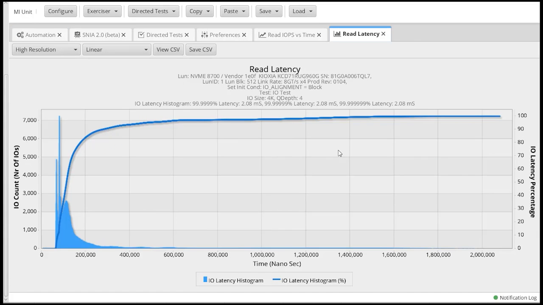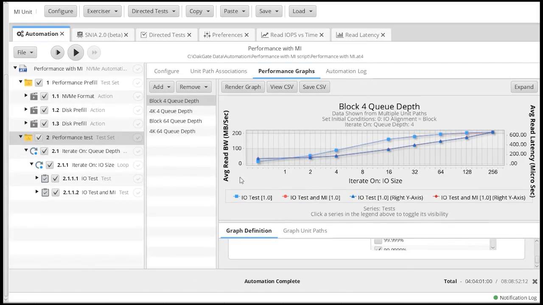When I go ahead and click on that, now I have a histogram that's going to show me what my read latencies are, and it will give me my different nines worth of data. And again, this will give me all this data. So you can create these, tell it to create a performance chart. You can do these up front. Either way, you can then set your charts and then create a performance report that will have the charts that you want as part of that.